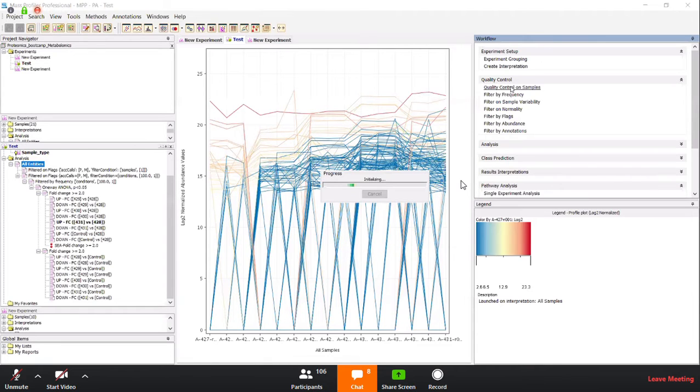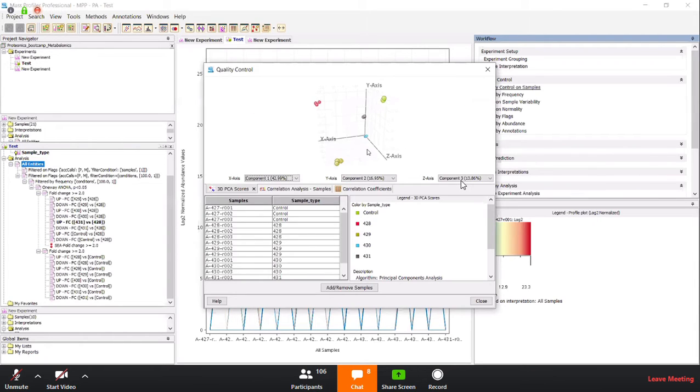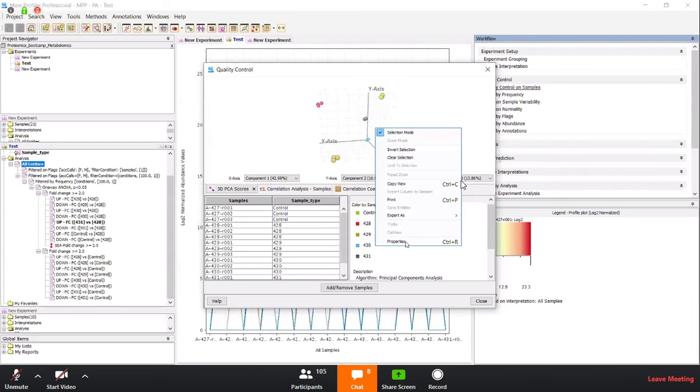So this is one more example which I'm showing you for quality control of samples. So if you see here, this is the PCA of the replicates, all triplicates, and triplicates are matching very well. So you can see the green one is the control here, or I can just put the control.